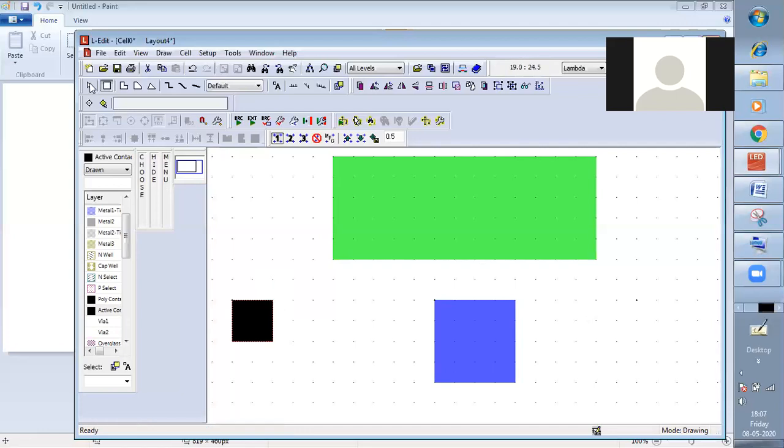Now what we have to do is select this, and through the alter option and the mouse button, place it exactly in between them. And then we select this. It is taking some time to select it.